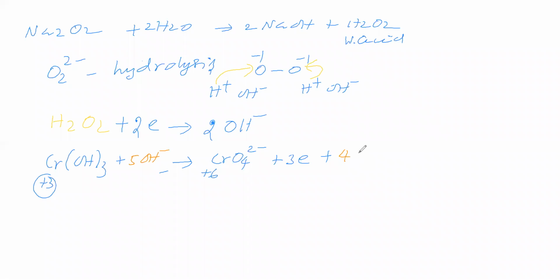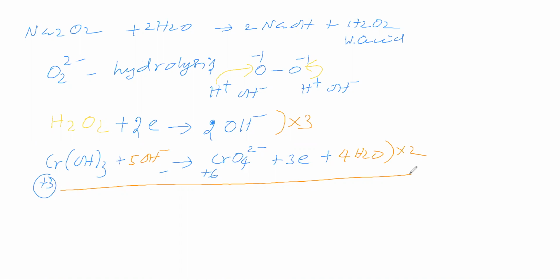We have written 4 water molecules. So chromium is undergoing oxidation. This half reaction we balance. Next we will go for the complete reaction, for which, before doing the complete reaction, let us make this loss and gain equal. Therefore we will multiply this by 3, this by 2. Now we will add, and we will get the overall reaction.